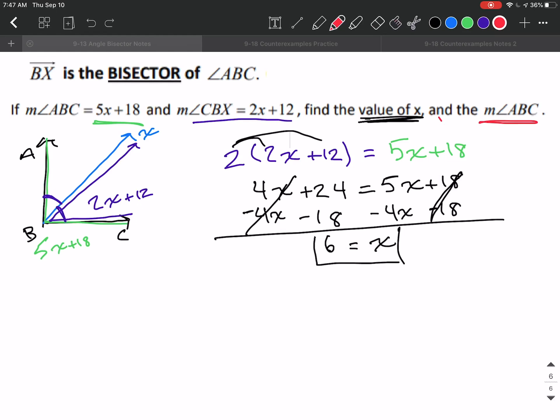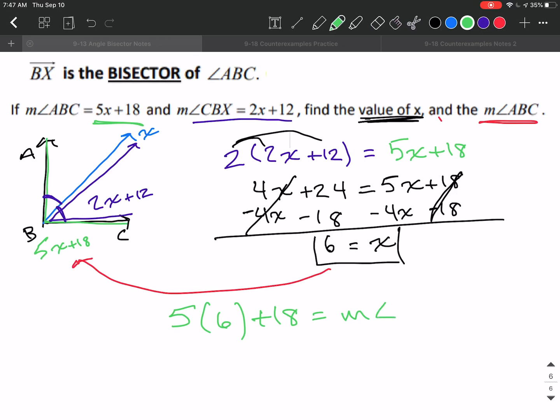So with x equals 6 that I found, I'll now take that and plug it into 5x plus 18. So I take 5, and instead of x, we'll use 6. I'll add 18. That will equal the measure of ABC. 5 times 6, 30, plus 18. So 30 plus 18 is 48 degrees. So I'm left with the measure of ABC equals